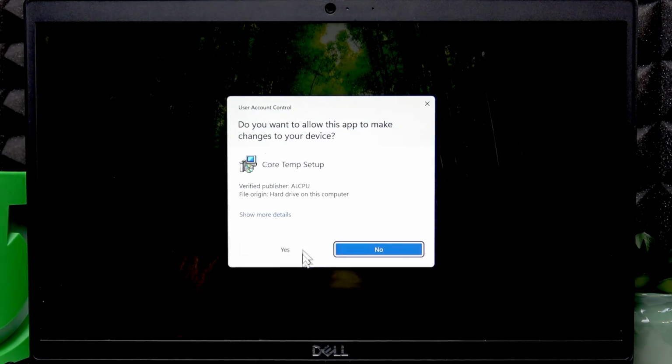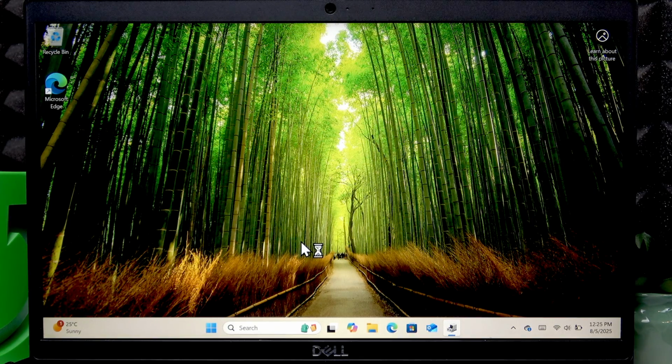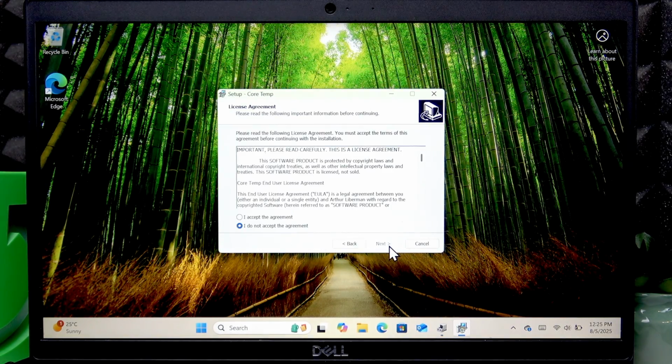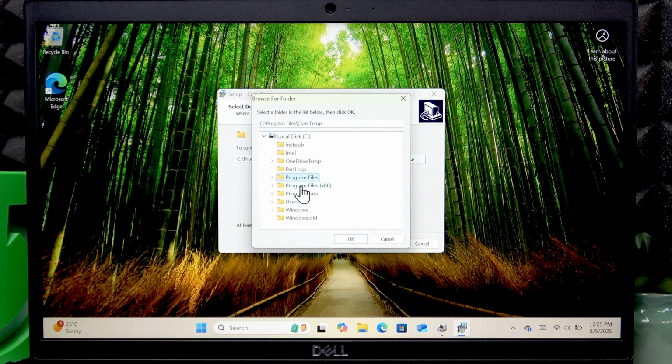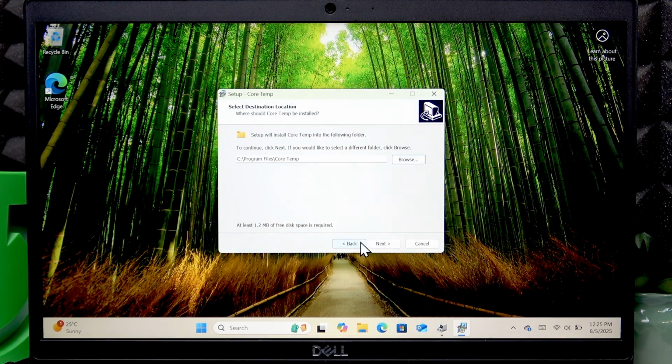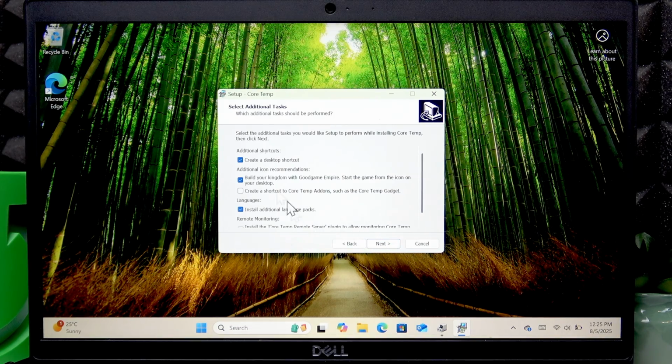Then you can close the browser, click yes, click next, and accept the user agreement to continue. Then click browse if you want to change the destination folder of your program. Then click next. Then if you want to create a desktop shortcut on the following page, keep this checkbox checked,